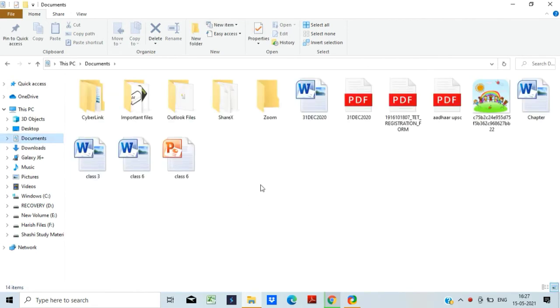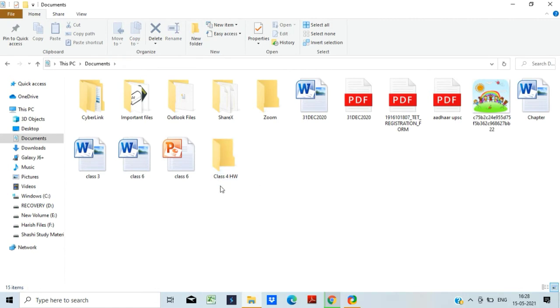Here you have to click on new folder which is on menu bar. Just left click on it. You can see the folder appeared in your screen. Now we have to give name to this folder. For example, I am giving class 4th homework title to this folder. Once you have typed the name for this folder, you have to press enter key from your keyboard. Once you press enter key, your folder is created.